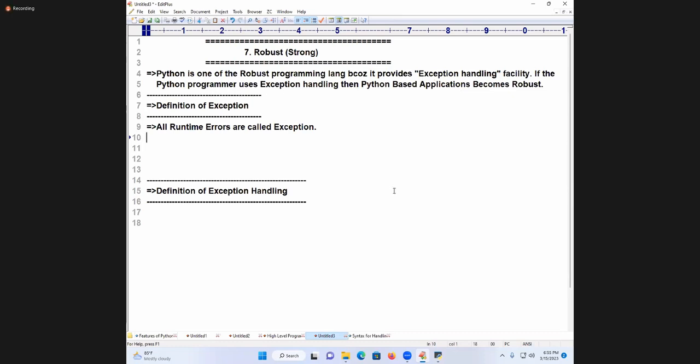When you don't follow the syntax, it is called which error? Compile time errors. Syntax mistakes are called compile time errors. Logic mistakes are called logical errors. Invalid inputs entered by the end user are called runtime errors. Runtime errors are called exceptions. When I enter invalid input, what will come? Exception. By default, in all programming languages,